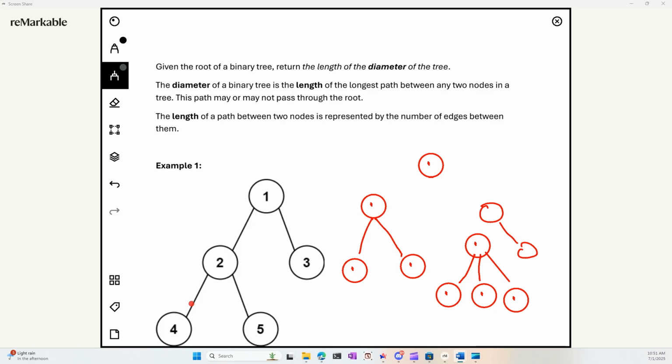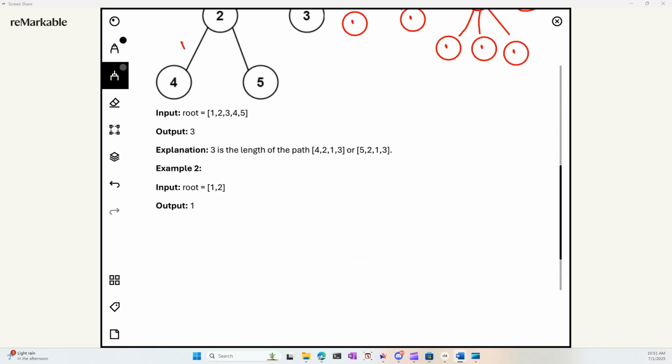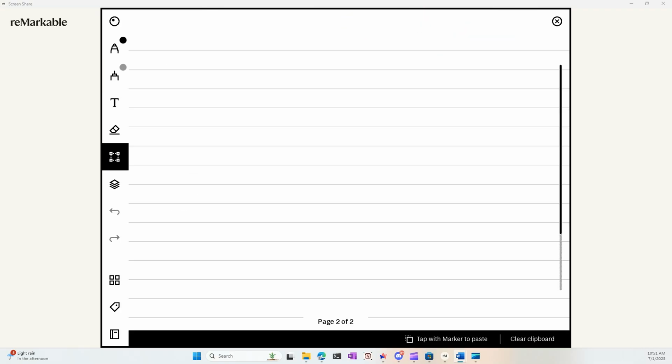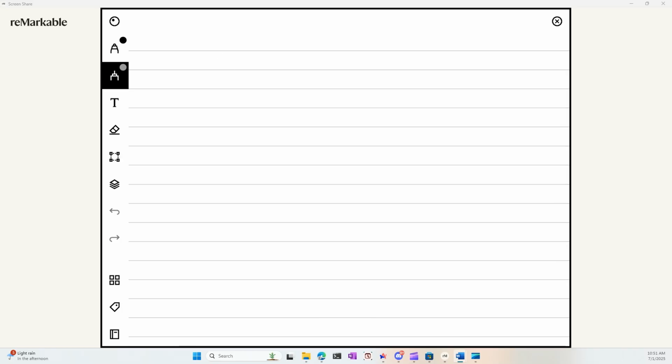A diameter is the distance between two nodes, but like the largest distance between two nodes. So if you take this 1 1 1, the diameter here would be 3, right? And if you take the diameter for something like this,